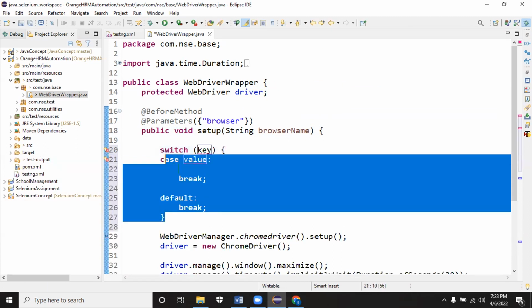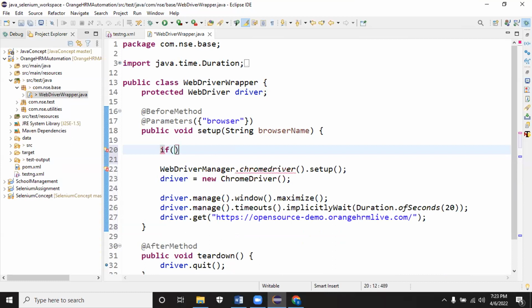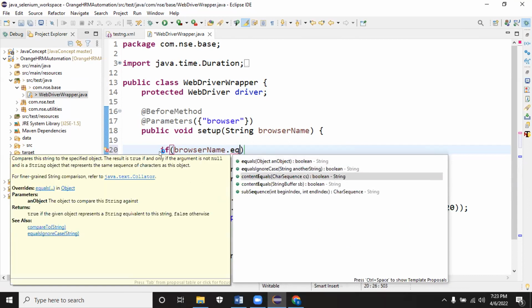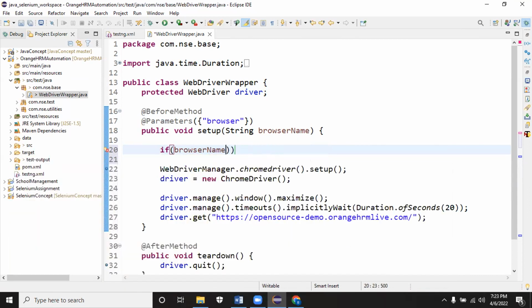For example, let me quickly write the if condition and then I'll go for the switch condition. If browser name dot equals ignore case. Don't use double equals. If you use double equals on string comparison, it will compare the location first. We created two different objects, right? It will compare the location and then go for the text comparison. If you are doing a string comparison, don't use double equals. First it will compare the object location, then it will go for the text comparison. But our duty is to compare only text. So for string comparison, use string methods.